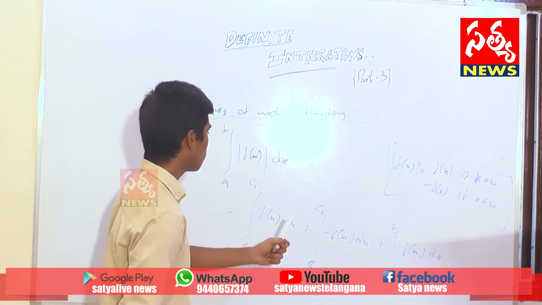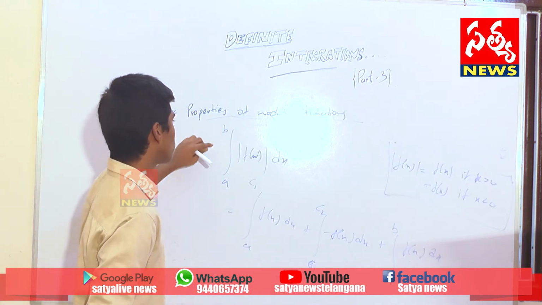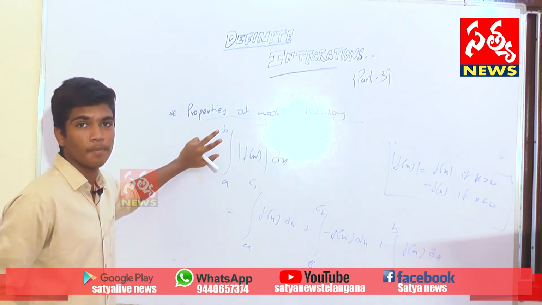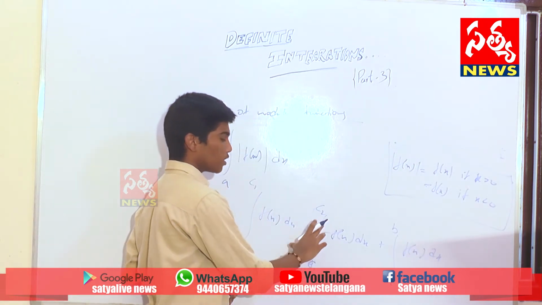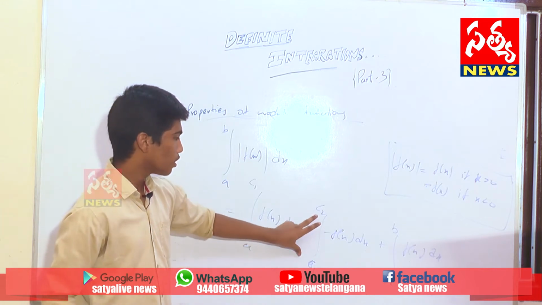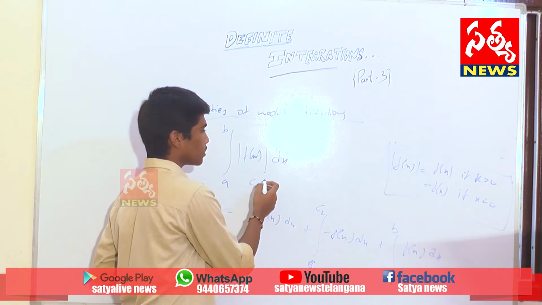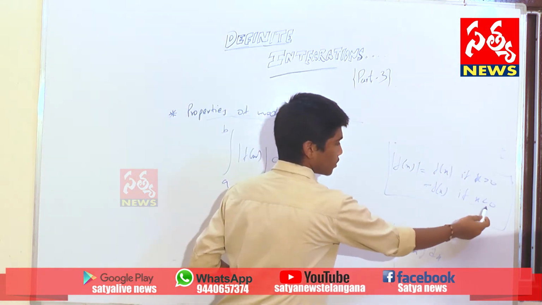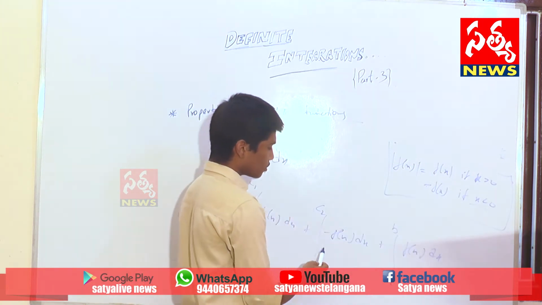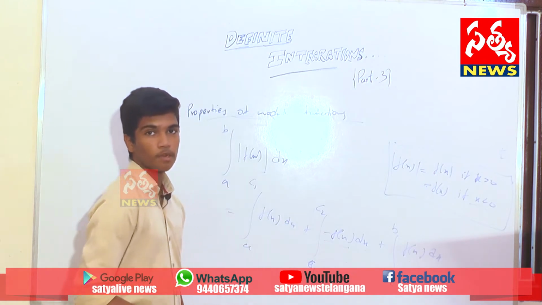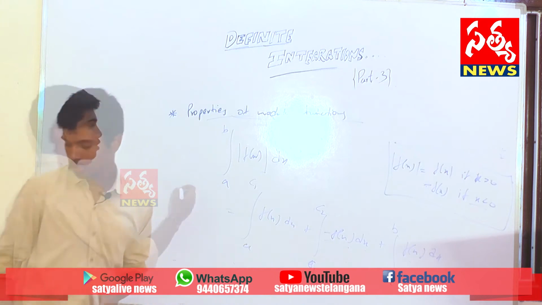Because first of all, let us assume that c1 and c2 are constants which lie in between the interval a and b. The function f of x is negative in between the limits c1 and c2. As this is the modulus function, here we have these conditions. In this interval c1 to c2, f of x is negative, so the total function will be negative. I will explain in detail with an example.